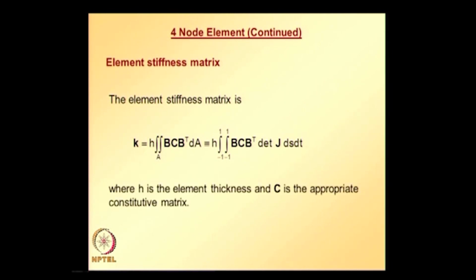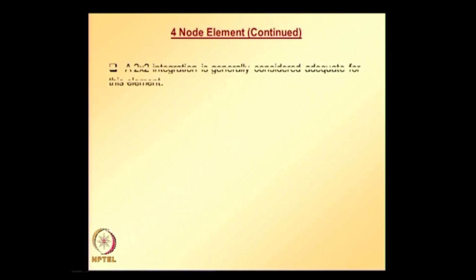And here in this equation, H is the element thickness, C is the appropriate constitutive matrix depending on plane stress or plane strain. The stiffness matrix can be evaluated using Gaussian quadrature, which is a numerical integration procedure. Two by two integration is generally considered adequate for this element,